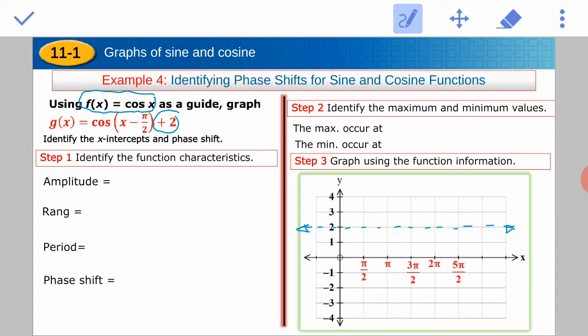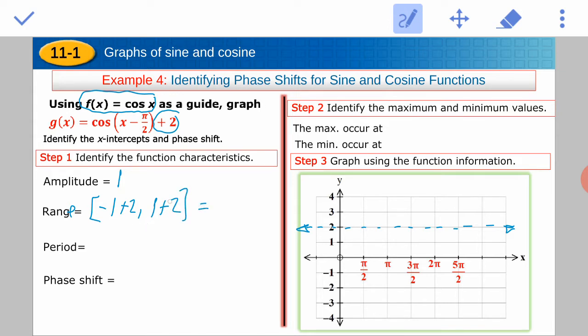Also, there is another type of transformation happening. There is a horizontal shift or phase shift of pi over 2. We need these important characteristics before we start graphing our g of x. Guys, the amplitude is the number in front of cosine, and it's 1. The range is going to be affected by this vertical translation. Basically, the range is from -1 to 1, but because the whole graph is shifted up 2 units, I have to add 2 units to the minimum, and I have to add 2 units to the maximum of the